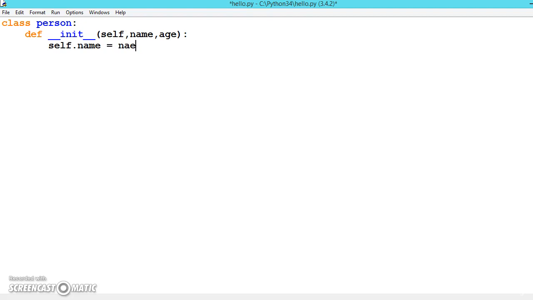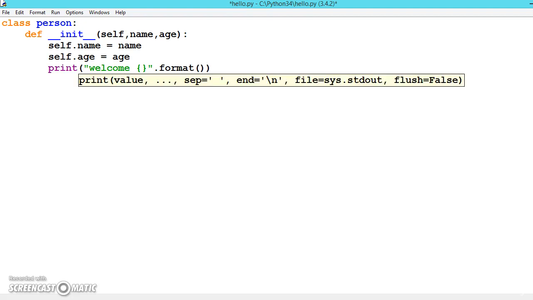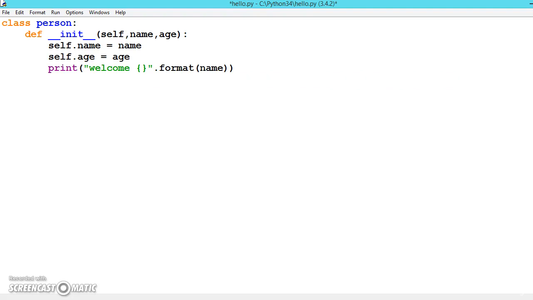Self dot age is equal to age, and print "welcome {}".format(name), or you can give self dot name, anything is the same. Now let us first run it.